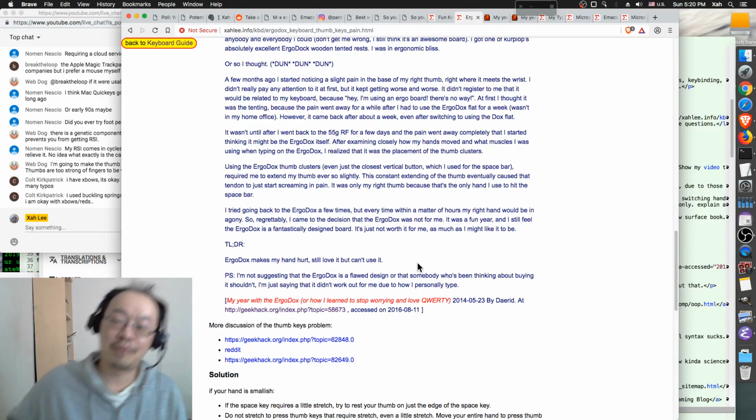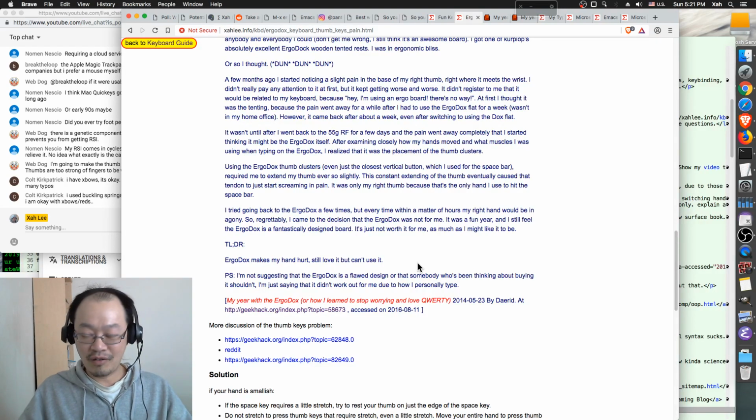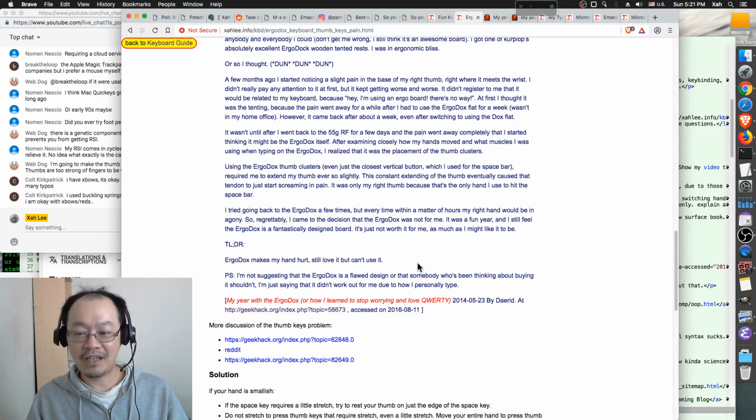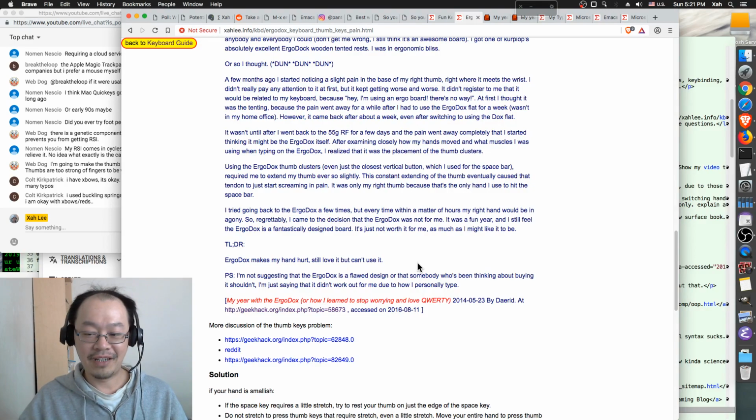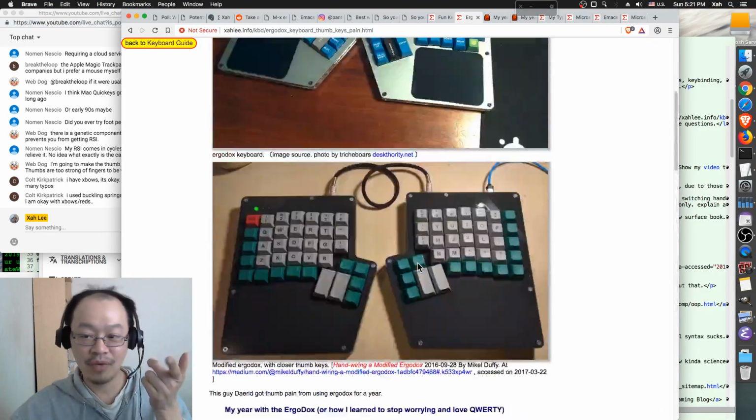He became a keyboard fan, and he became an ergodox fan. Oh, it's ergonomic, and key bindings and Vim and stuff. I think he's a Vim user or maybe Emacs. I forgot which. But then eventually he got this pain. Then he threw away the ergodox. He switched back. So that's one thing you want to look out for.